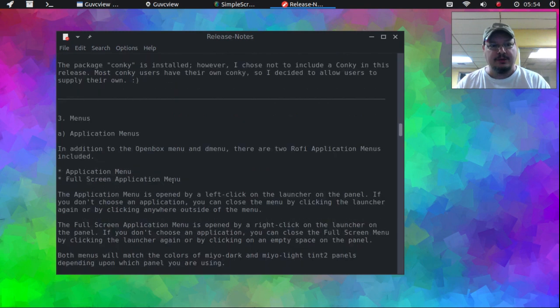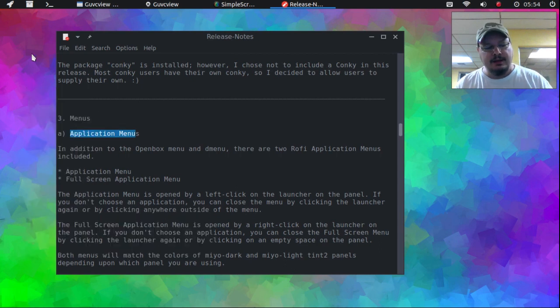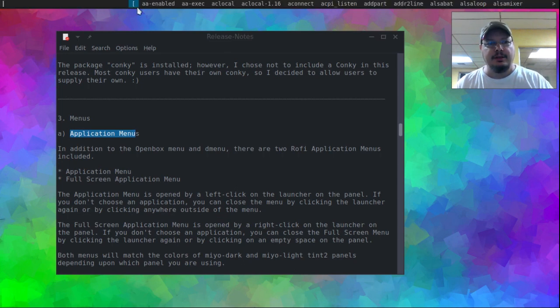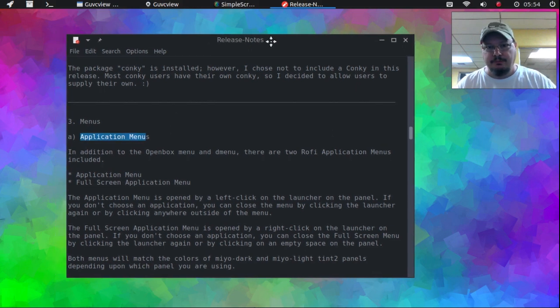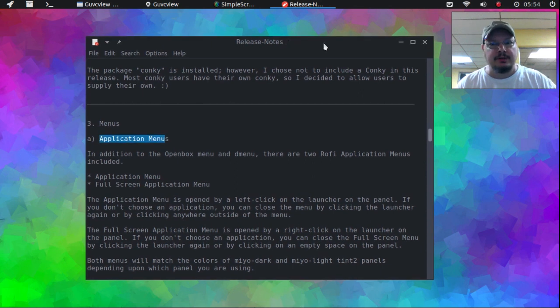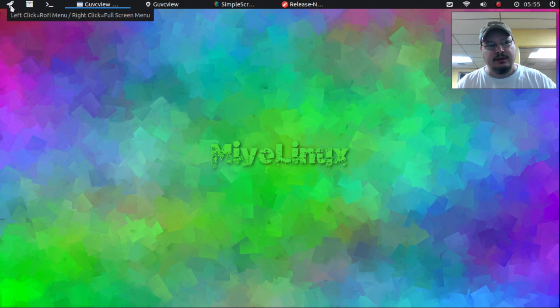Alright, menus. We have application menus. In addition to the Openbox menu, which is your right click menu, and dmenu, which is kind of like the run command, there's dmenu up here at the top. There are also two Rofi menus, and I want to thank Adarsh for that. So up here on the Tint2 panel, here's your launcher. If you notice that tooltip, it says left click will be the Rofi menu, right click will be the full screen menu. So I will left click on it,